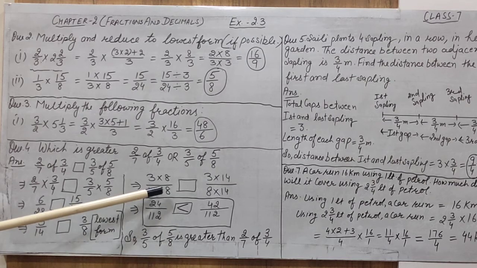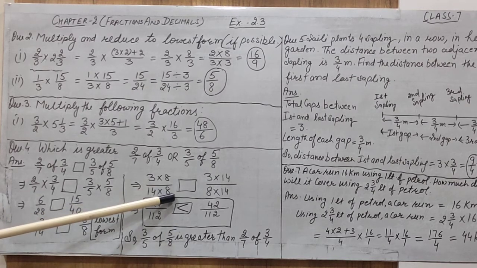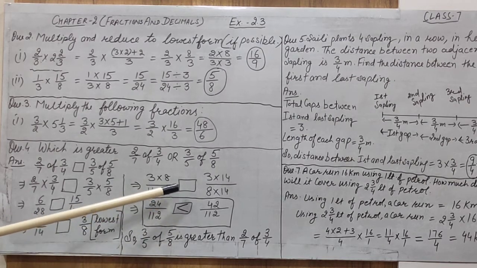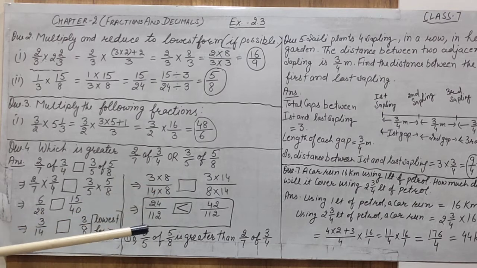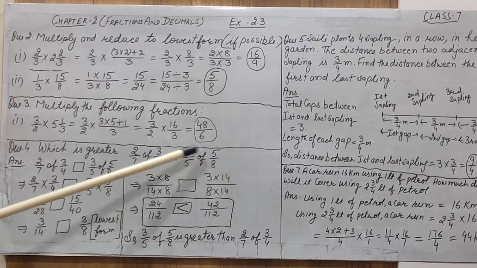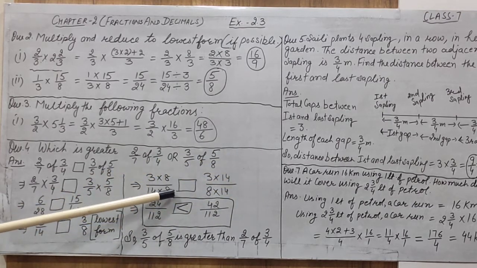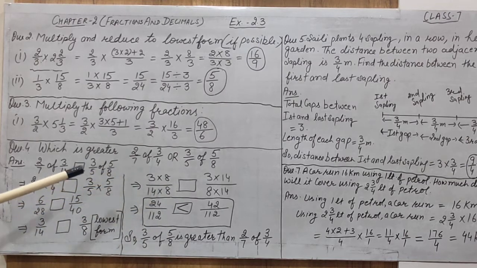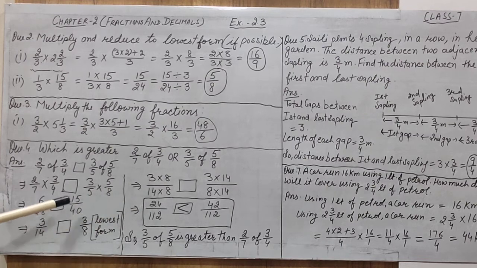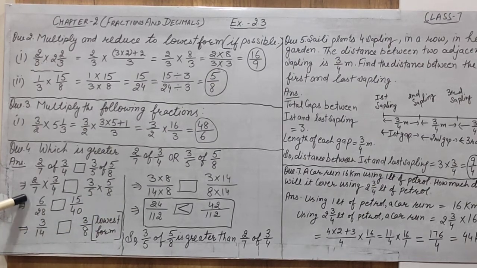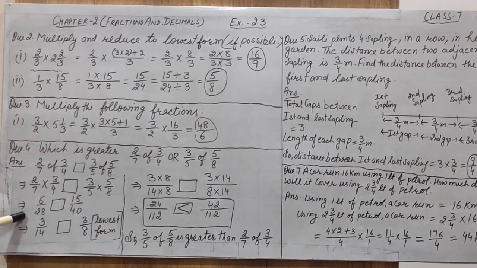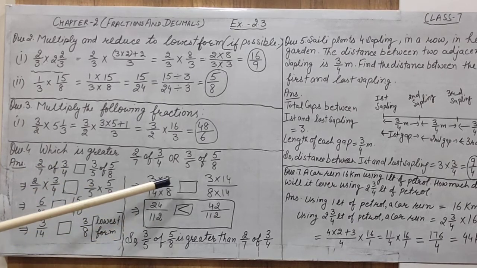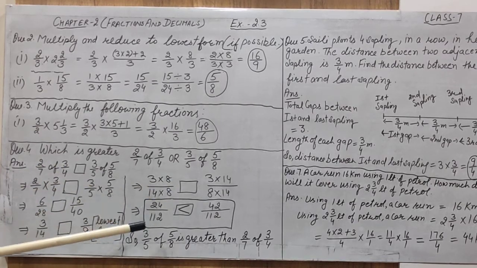Because when we multiply the denominator by any number, we have to multiply the numerator by that number so that the question does not change. 8 upon 8 does not affect the statement of the question. Alright. So when we divide any number, you have to divide with the same number. If you want to multiply, you must multiply with the same number.